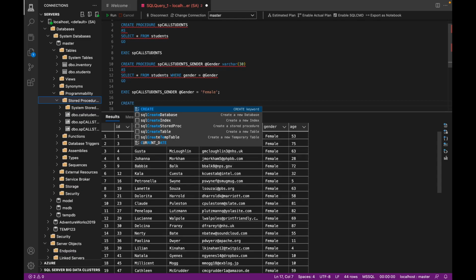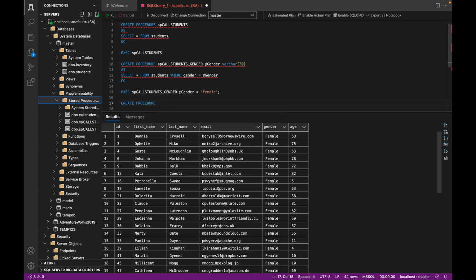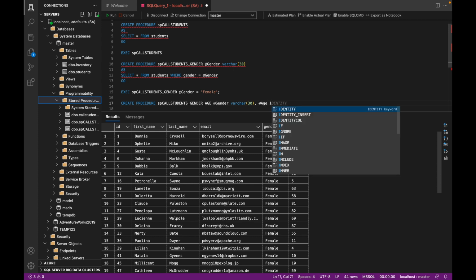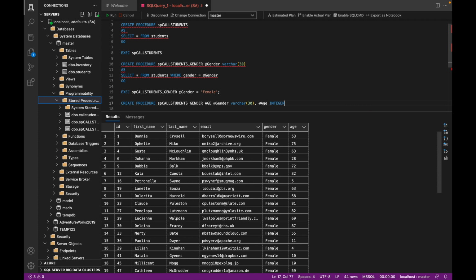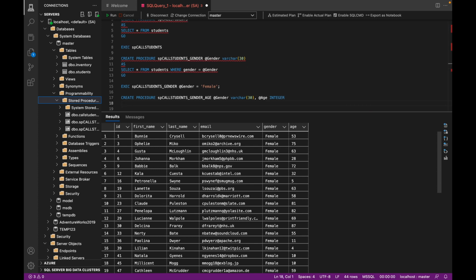We can do create procedure sp call students, and we want to filter by gender and age. So we can do gender underscore age, at gender. So suppose in this case I want to filter by gender and age, so I'll specify gender, and then I put a comma and specify the next variable. So this is at the rate age. Age will be of the type integer because it's a number, and after that we do as